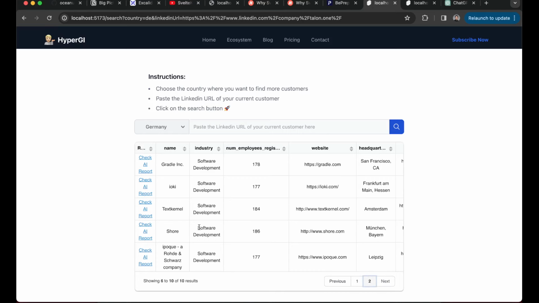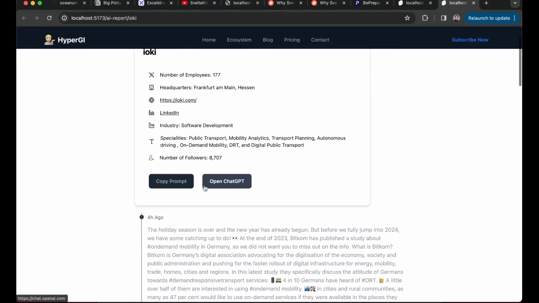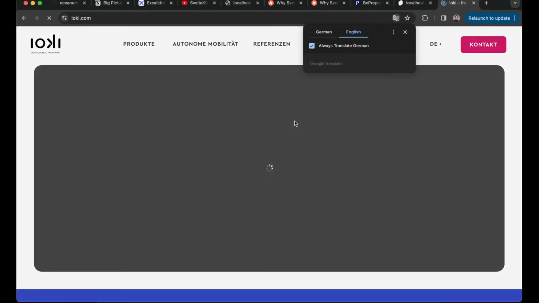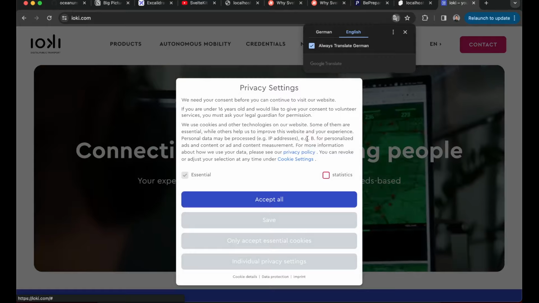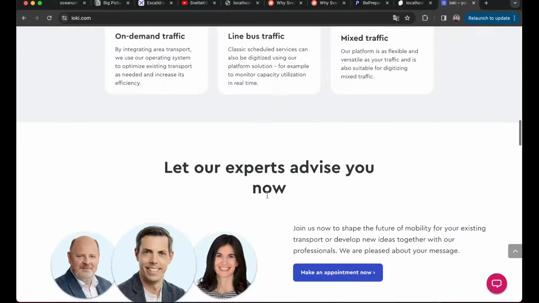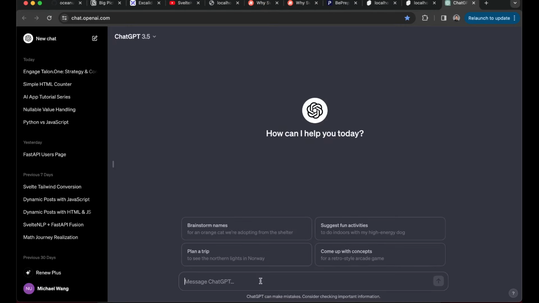If we open another one, maybe let's open this one, iCookie, no idea, from Frankfurt. So let's open it. So this one is software development, blah, blah, blah. Oh, they also put something. Let's go to the website. They're doing the connection stuff. Okay, cool. Let's come back, and if we copy the prompt and open ChatGPT and paste it here,